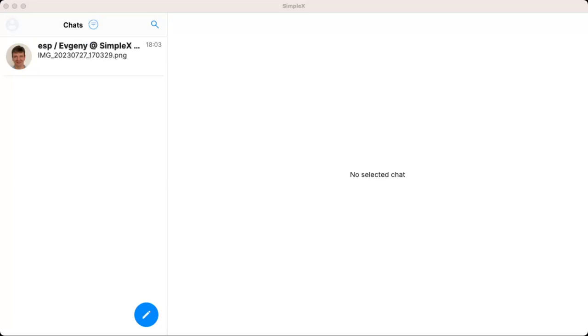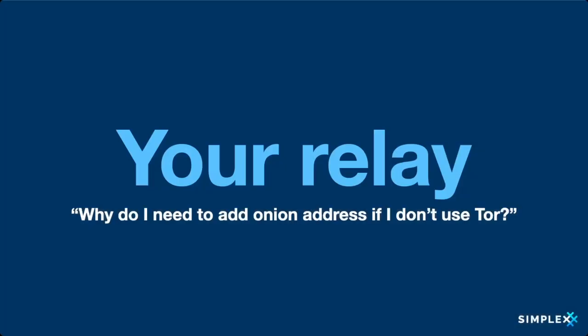And next thing I'm going to talk about is how we host the servers, right? So many of you self-host the servers, but our manual on how to install the servers tells nothing about Tor addresses.